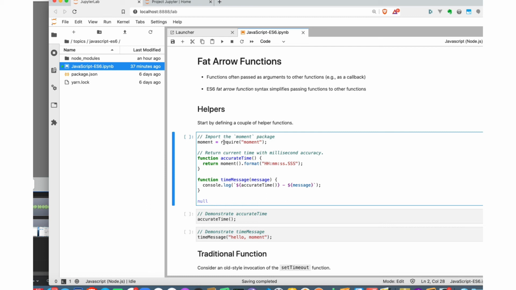So in a way, this is quite similar to any other kind of import statement that you've used in other programs or other programming languages. We install this moment module, and then the require statement brings it in and makes it available to us. In this particular case, I'm just importing it as an identifier called moment. So that moment, the one that I've got selected here, is an object that is going to allow us to access the functionality within the moment